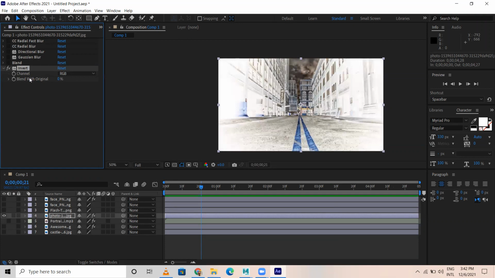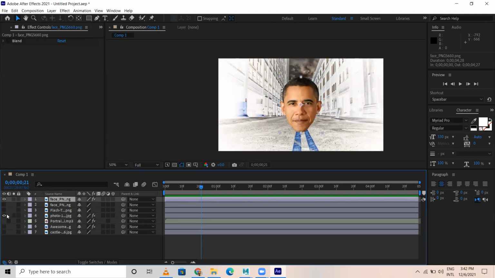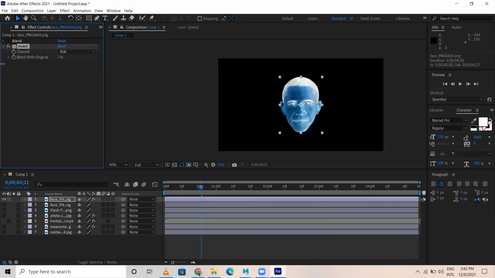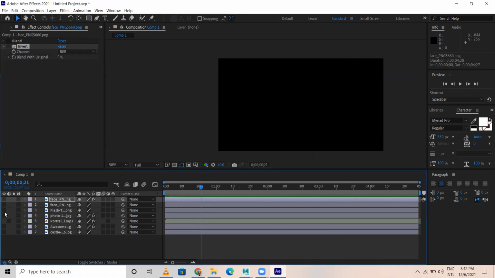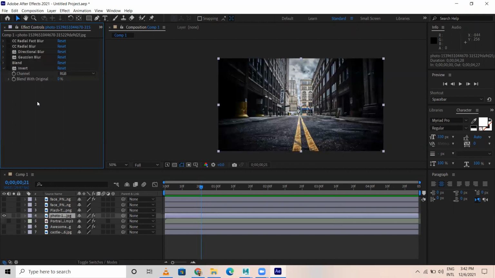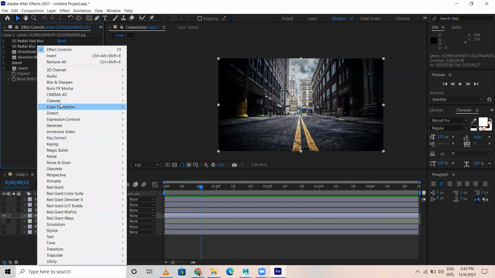You might have seen negative. Let me pick this. I'll go for the face part. So you know what this is, right? Normally a photocopy or negative, earlier reels used to come, right? In that, this is how the negative looks like. So that's what invert is. I'll turn off this invert. Let me pick another one.